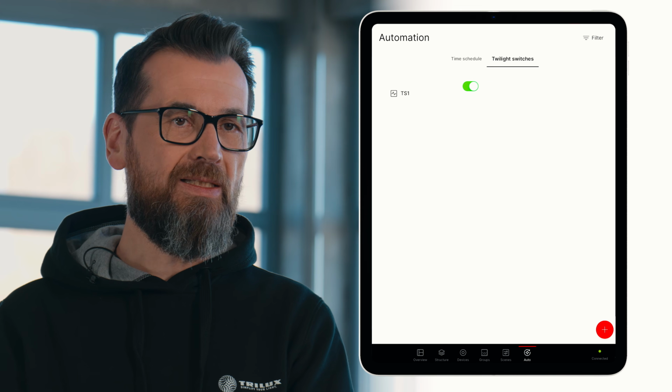defined light thresholds. You can find out what other great functions the LiveLink ONE app has to offer in the